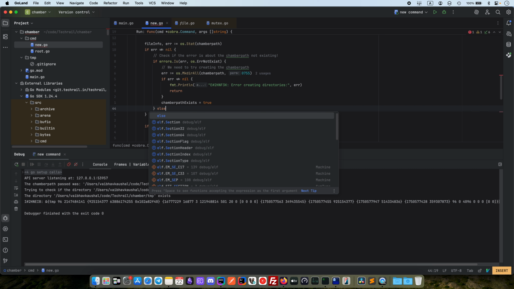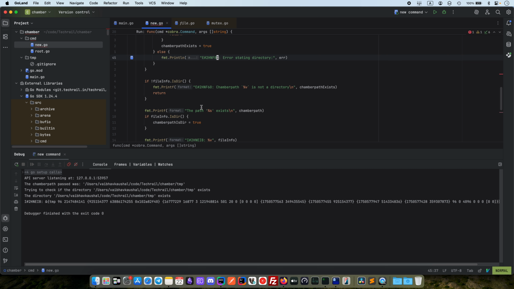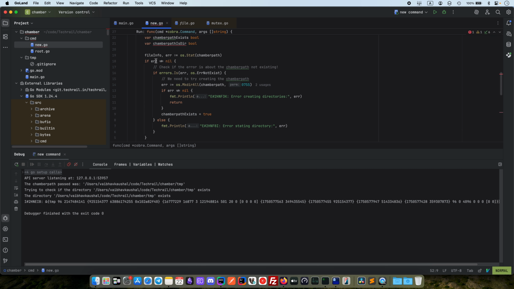And we can say else, error stating directory. I think this is a new LMID over there. So error stating directory, good enough for now. And if file info is a directory, else chamber path is not a directory, we return. Okay, so we create if it is not there, and if it is